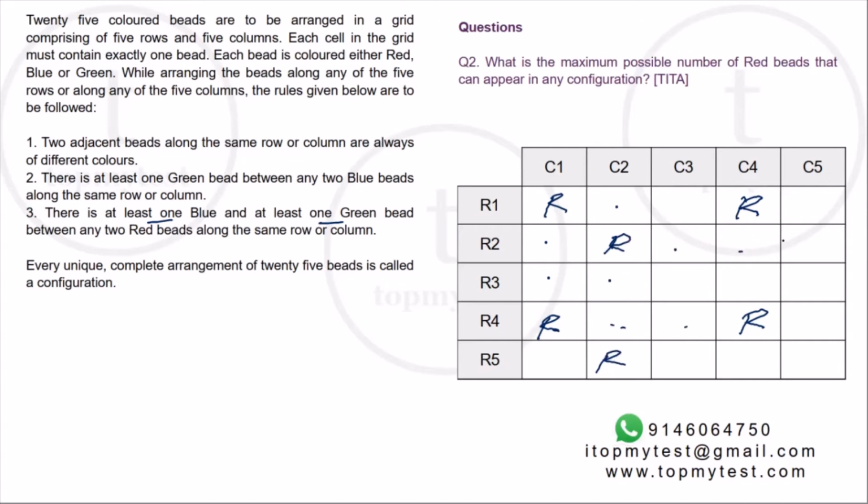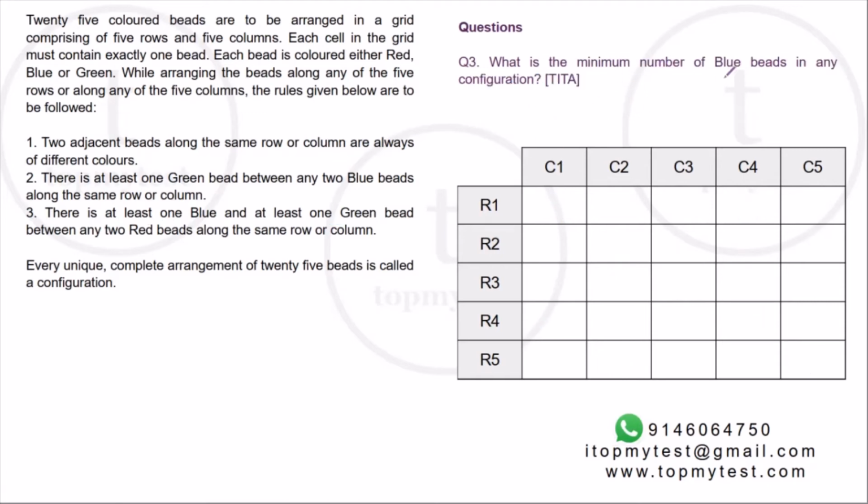Similarly on this side will be black, some other color, so this will be red and this will be red by the same logic. Right, I cannot put a red here, I cannot put a red here, I can put a red here, but there is no space here. I have to leave two spaces before I put a red, I'm out of space. This side also I cannot go. So this will be the maximum number of reds which can be filled up in this configuration. That's 5 plus 4, 9 red beads is the maximum that you can use.